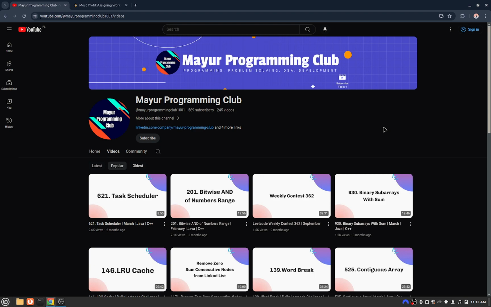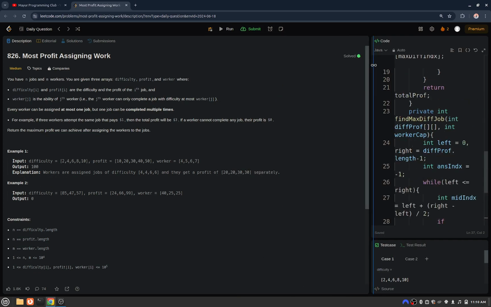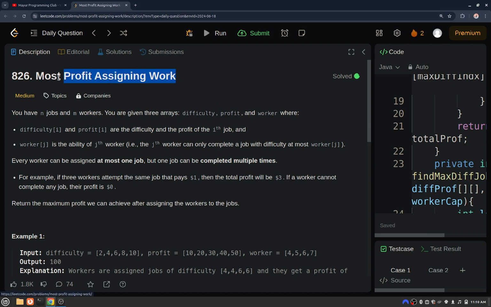Today we will be solving another daily LeetCode problem, and the problem's name is most profit assigning work. So the problem statement goes like this. You will be having n jobs and m workers. Okay, and then you will be given three arrays: